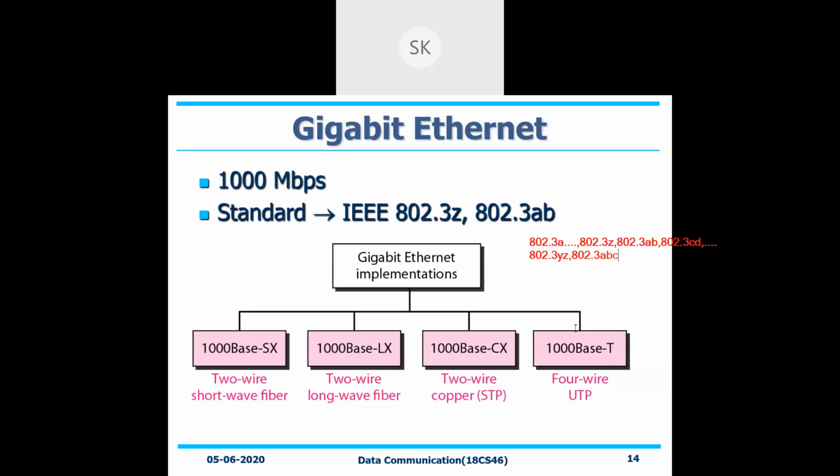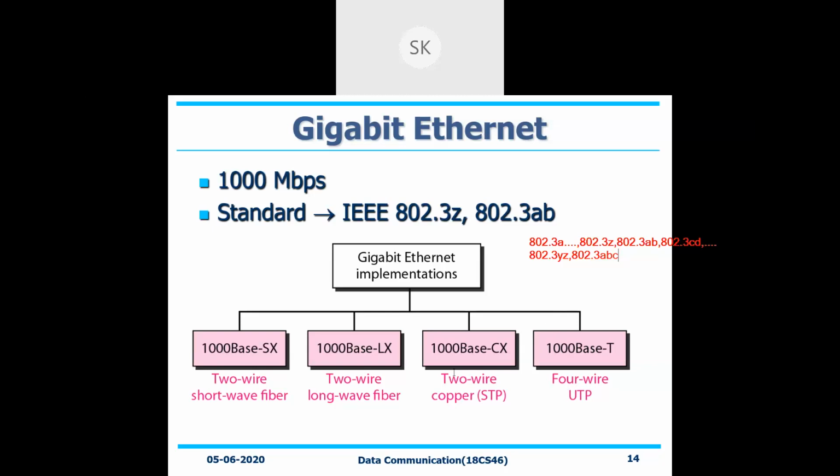See, T, we have already seen it. What is that? Twisted pair. With respect to that twisted pair, we will be using unshielded twisted pair always. Unshielded twisted pair will have a cost that is very much lower when compared to your shielded one. So that's why we'll be using unshielded itself. So T always refers to your unshielded twisted pair. With respect to that, 4 wires are required for your 1000 base T type of connection or type of wire that you want to have.